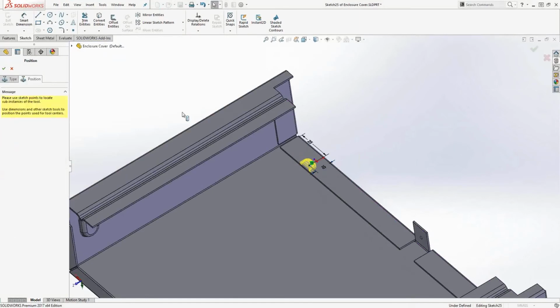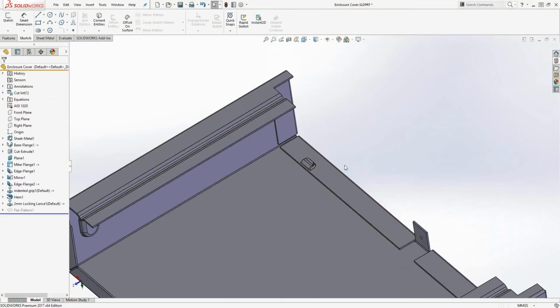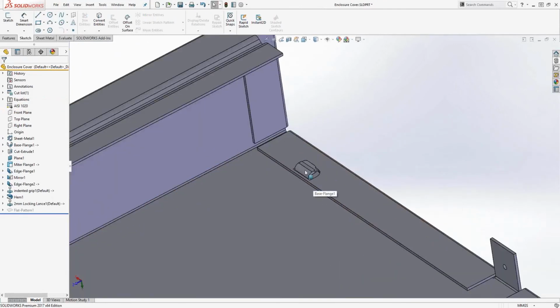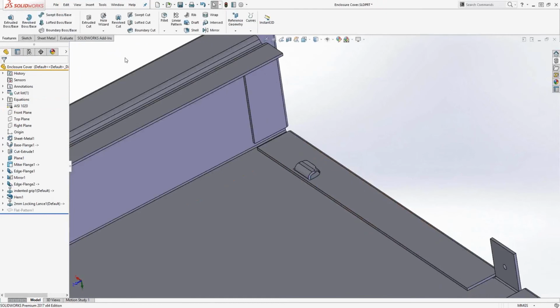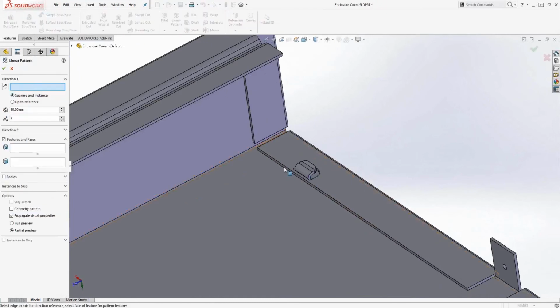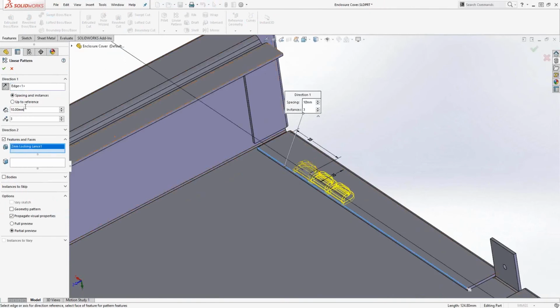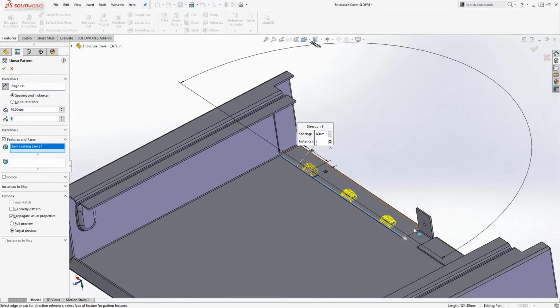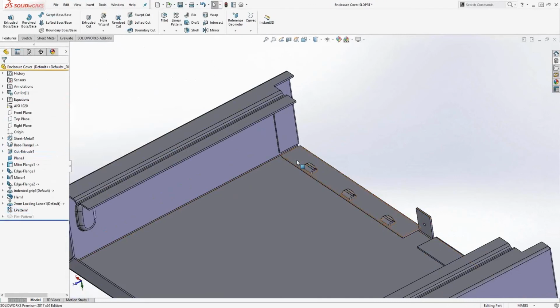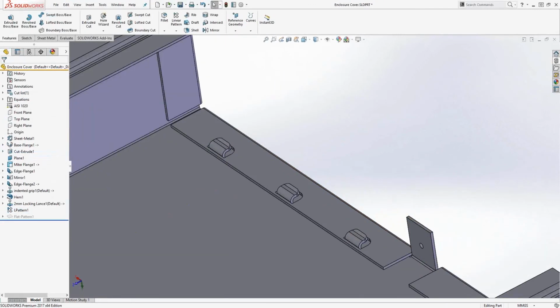We definitely want to insert more of these, but instead of dragging and dropping those, repositioning all of them with dimensions, we have one here. We like to be efficient in SOLIDWORKS, so we're going to go ahead and do a linear pattern of that specific feature along this edge. All right, so features and faces, let's use that feature there. Now that we see a preview, it's a little easier to see where you want these features to be patterned. Right, so we'll go ahead and hit the green check, and there's our locking tabs there, created pretty quickly using